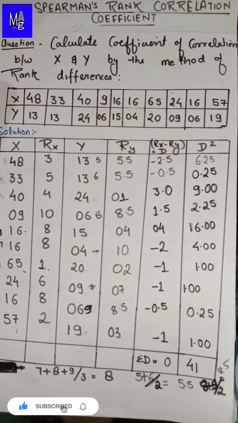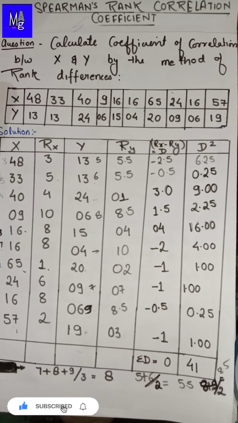After noting these, we put the values in this particular formula. This is the formula that you are going to use for finding the Spearman rank correlation coefficient. Here D means the differences of the rank of each pair of observations, which we have already calculated, and N is the number of pairs, that was 10. M is the number of times an item is repeated. After this, you are going to substitute the values in the formula.